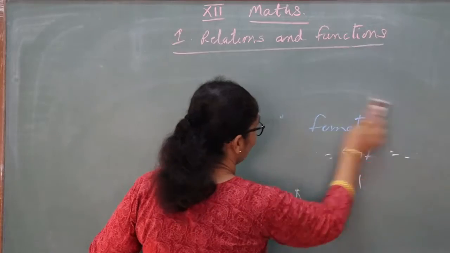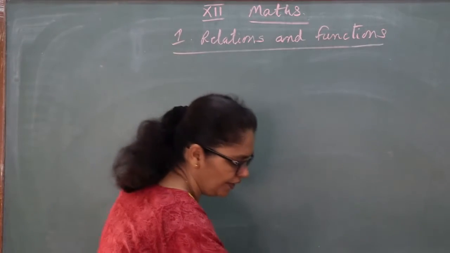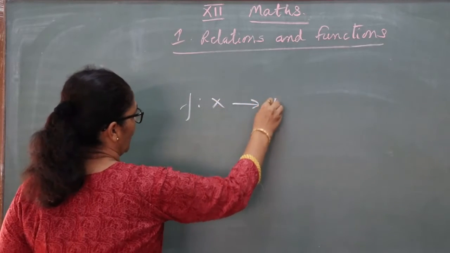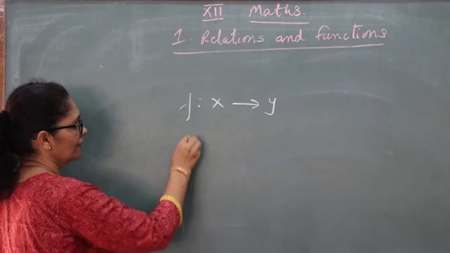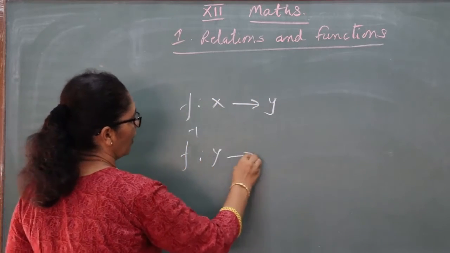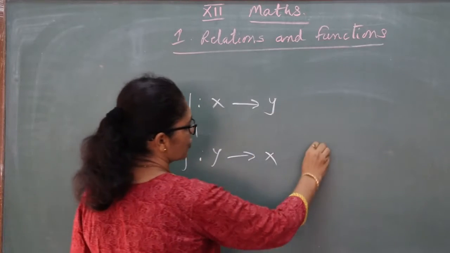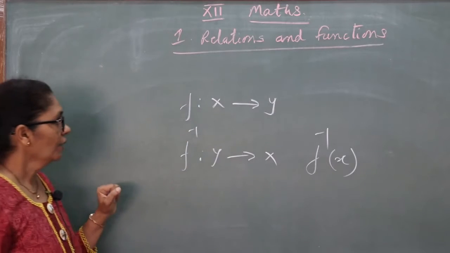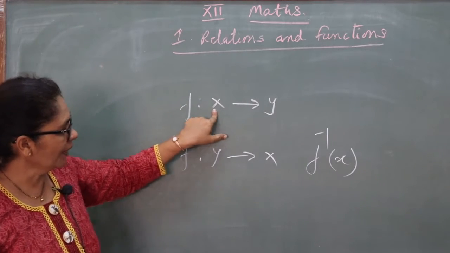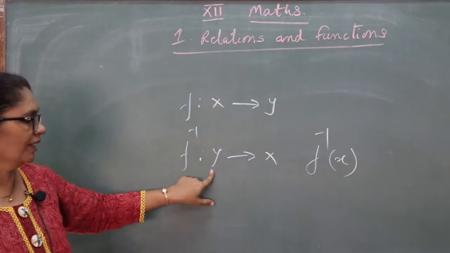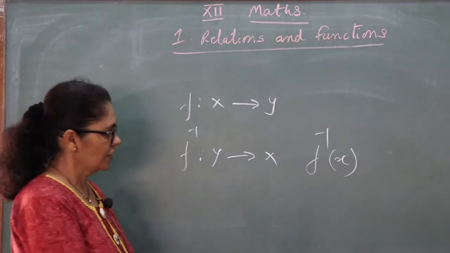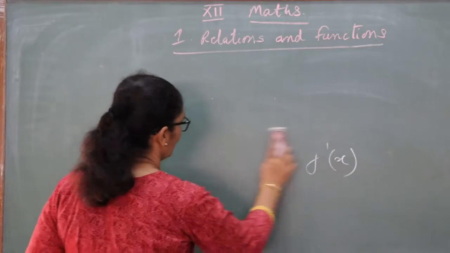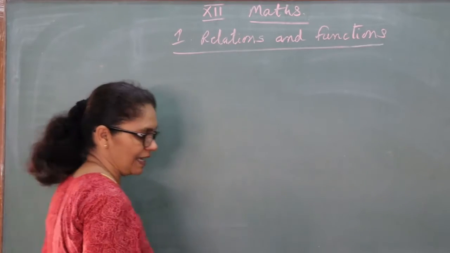This is the basic idea of inverse. Now we discuss the definition of it. If a function from X to Y is given, then its inverse will exist from Y to X. And if the function is this, its f inverse can be written like this. What have I changed? Domain became codomain and codomain became domain for the inverse. So this is the easiest way to understand the inverse function. Now we come to the examples.